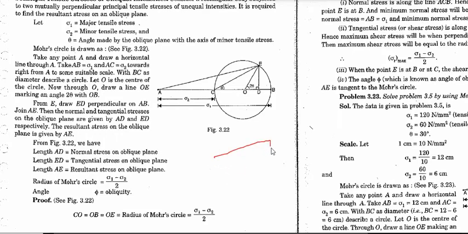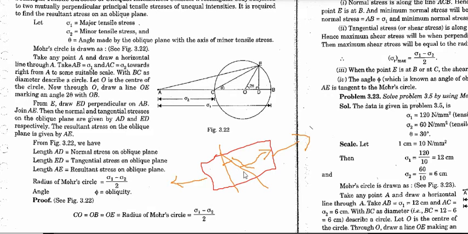So let us consider this to be any specimen, and if we are applying these perpendicular tensile stresses on this specimen, and if we have an oblique plane at an angle of theta degree, this is an oblique plane. If we want to find out the normal stress, and the tangential stress on an oblique plane, then we have the formula